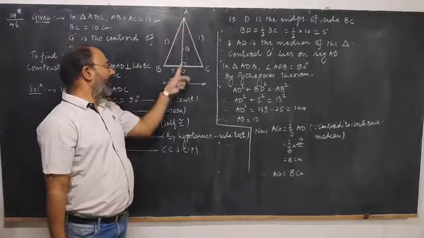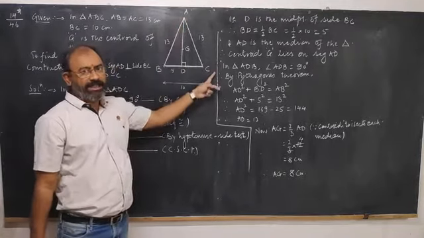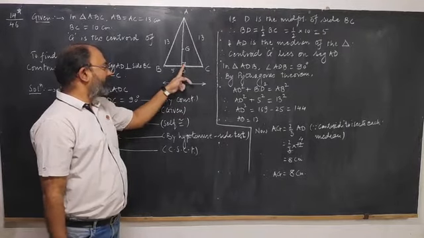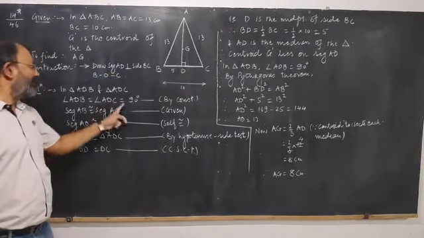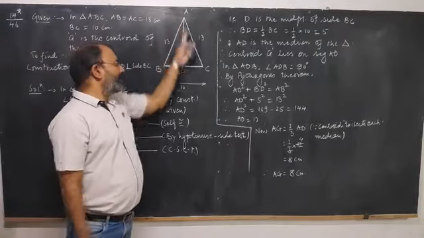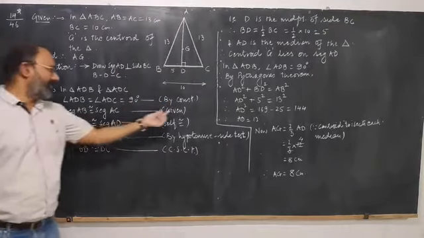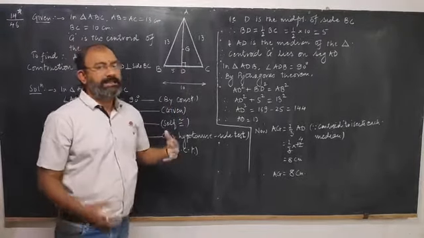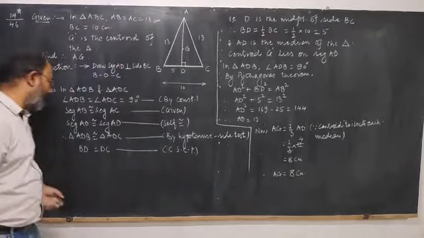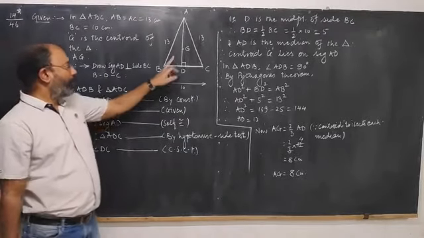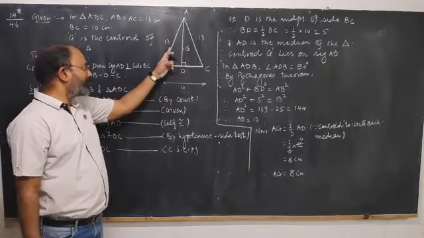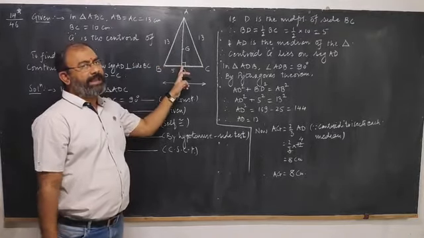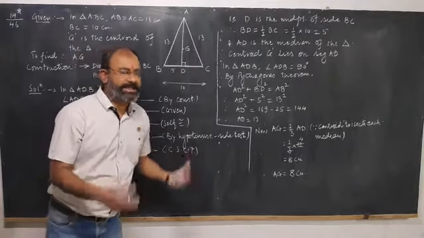Then we consider triangle ADB and ADC. These two triangles are right triangles. This angle and this angle are 90-degree angles. Segment AB is congruent to segment AC. This is already given to us. Segment AD is congruent to segment AD, self-congruent, a reflexive property. Therefore, what we observe, hypotenuse of this triangle is congruent to the hypotenuse of the second triangle, and one side is congruent to itself.